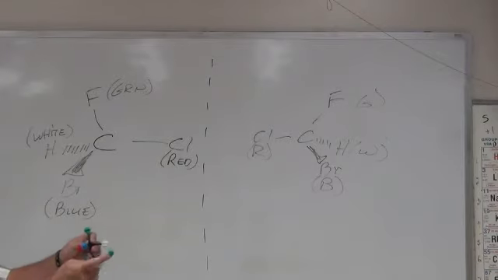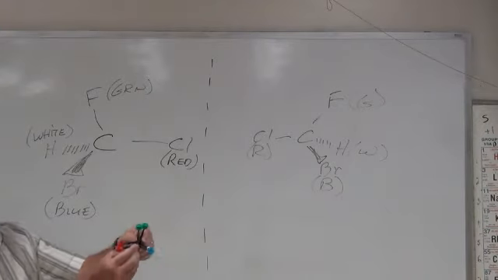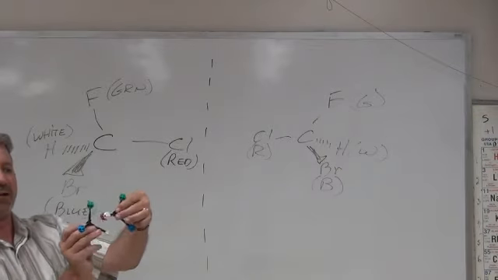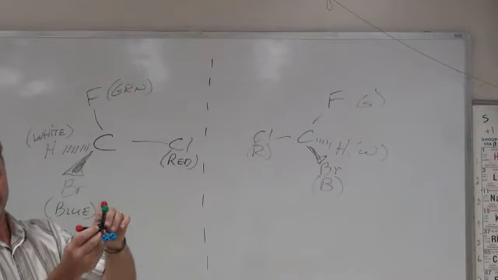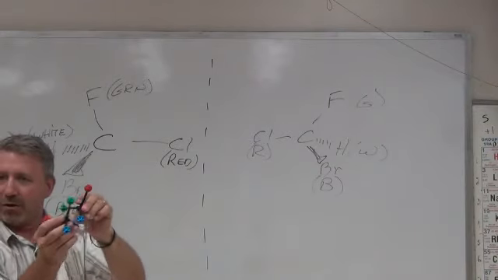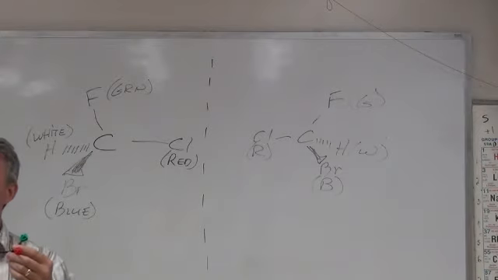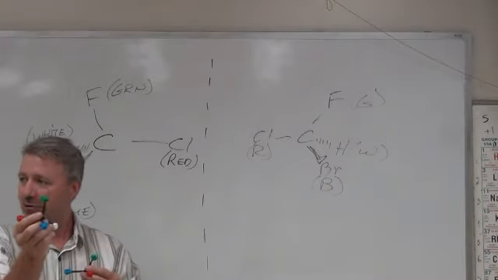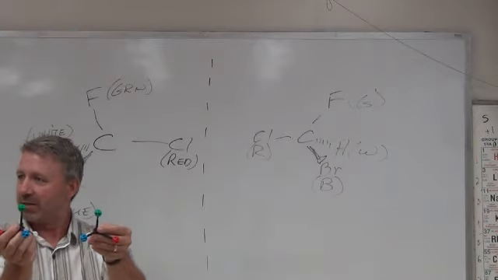And if I try to impose these or superimpose these, I see I can only line up two of them. I can line up the green and the red, but the blue and the white are off. And if I line up the blue and the white, the green and the red are off. So these are non-superimposable mirror images, and therefore chiral. Notice our requirement, I have 4 different groups attached. Anytime you have a carbon with 4 different groups, it will be non-superimposable on its mirror image.